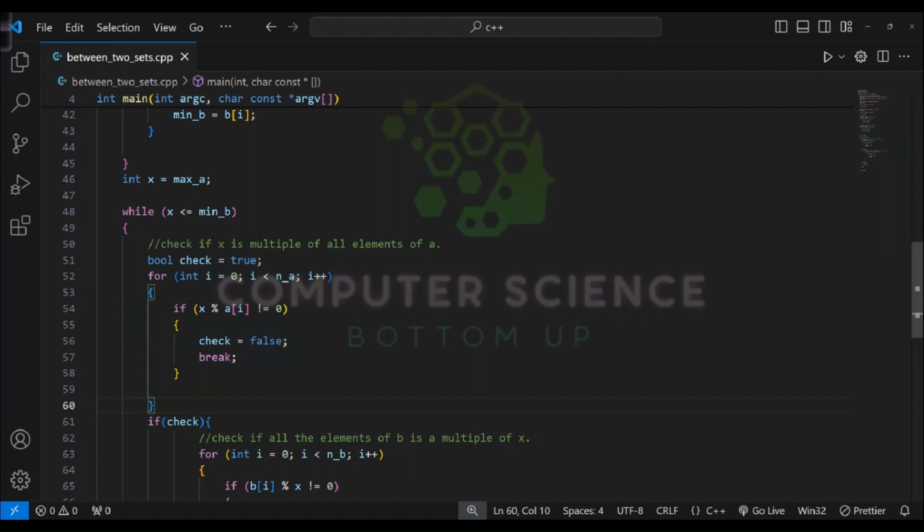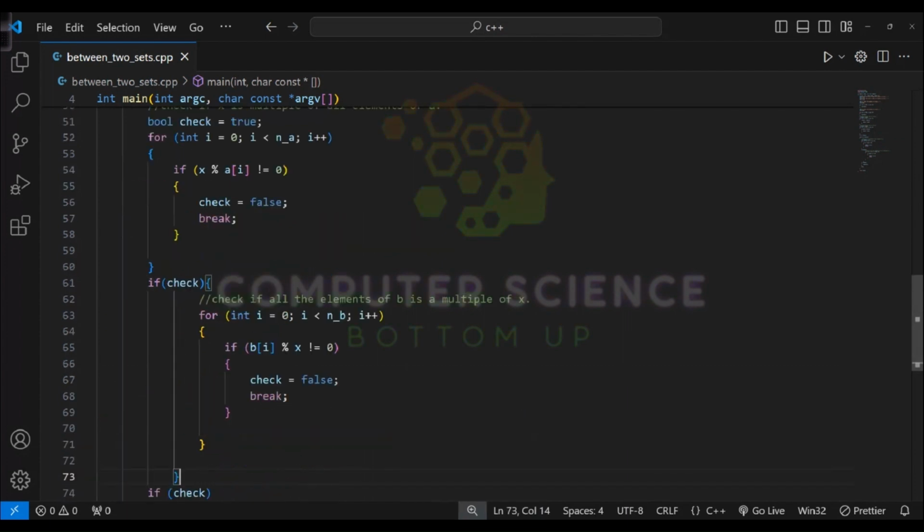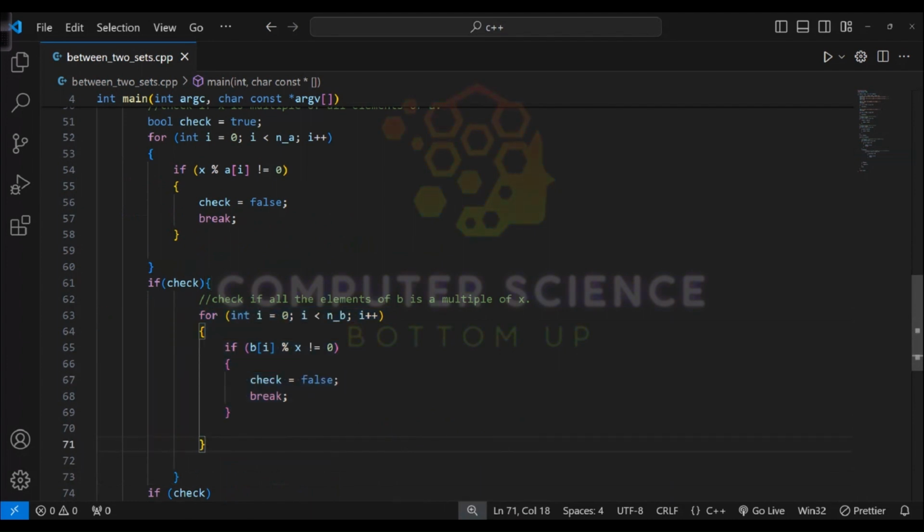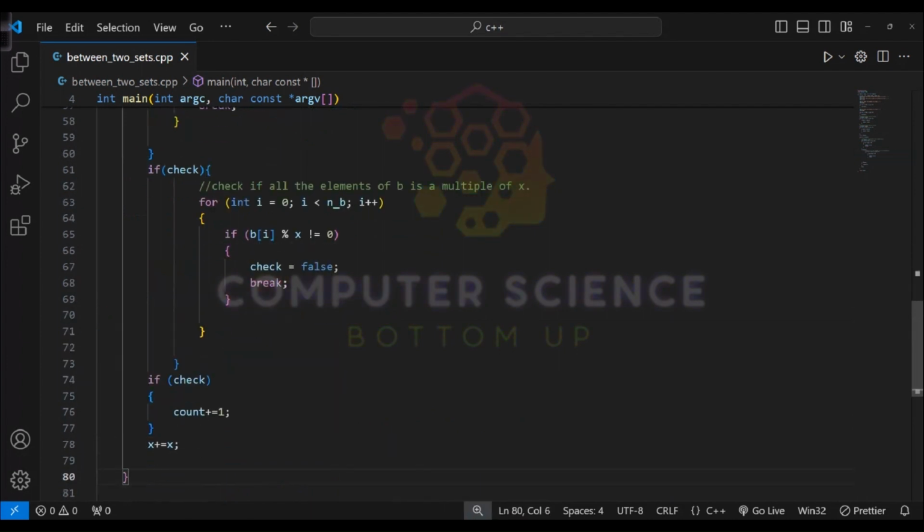And if it is a multiple of all the elements of array A, only then I am going to check if it is also a factor of all the elements of array B or not. And if so far so good, then count will be incremented, and we will update the value of X,